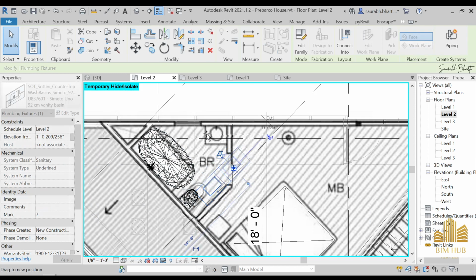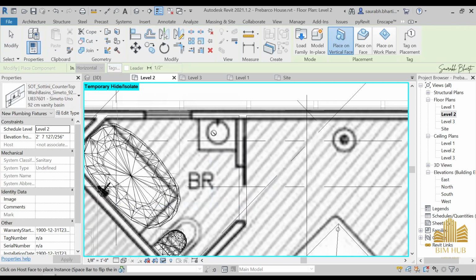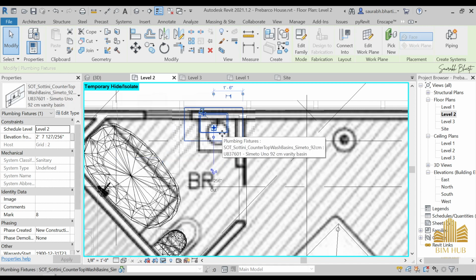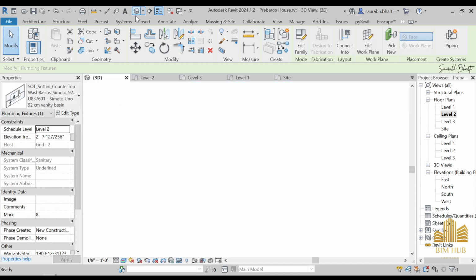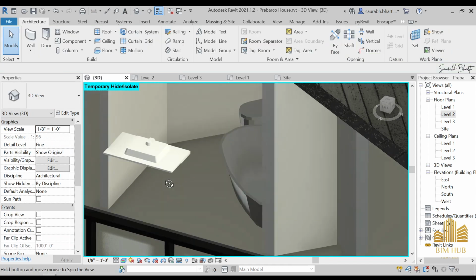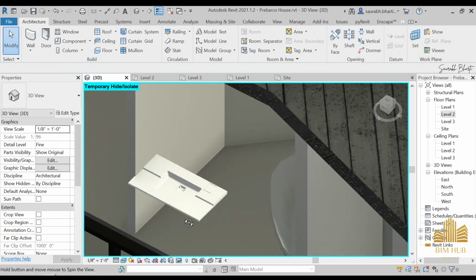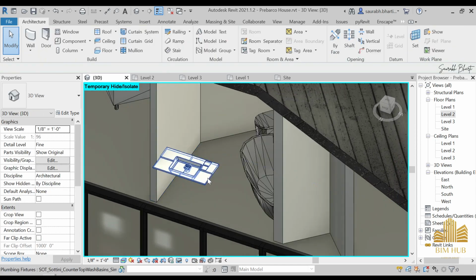here. No, it is somewhere here, so just delete it, go to component and place it at this side and rotate it and move it. If you can, I can't move it, why? Given it is at the constraint, no problem. So just give it a height offset of 2 feet 7 inches. Go to this view, and now we have our basin, something like this. Is it what we want? No,